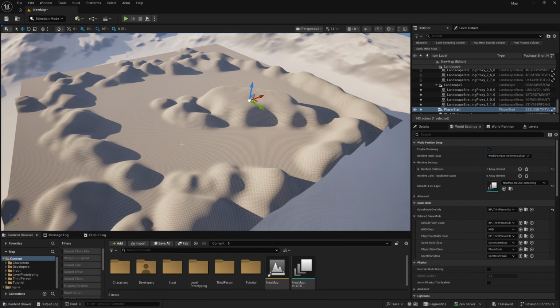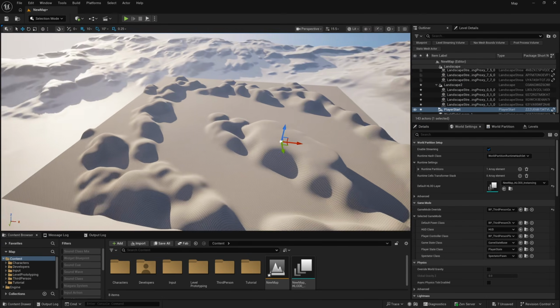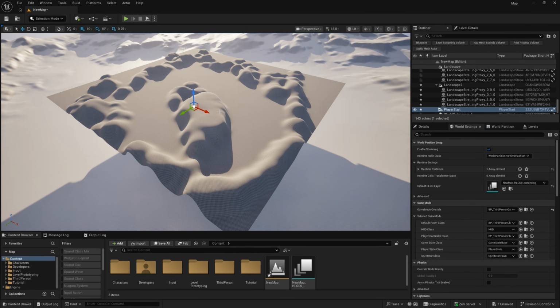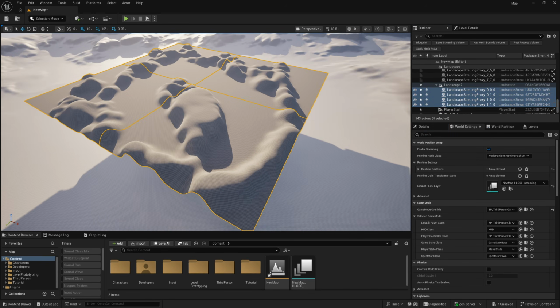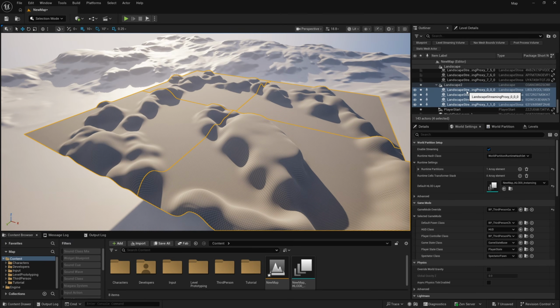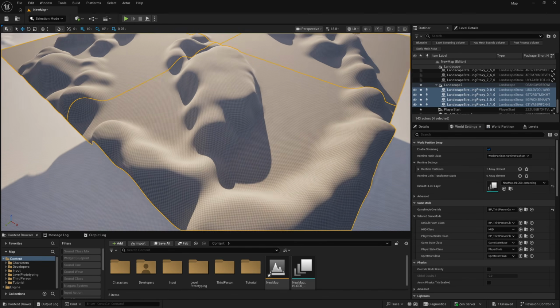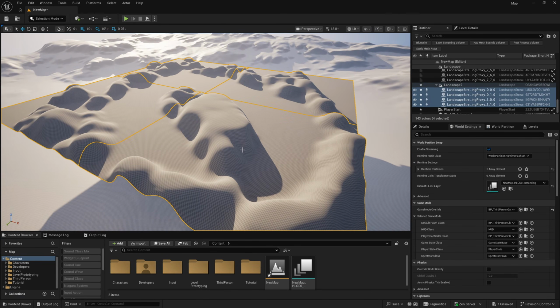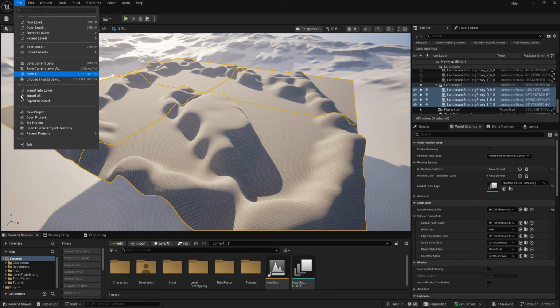Very nice. Let's go ahead and export these landscape components and then re-import them as static meshes for our map blueprint. So what we can do is just select all of the landscape components here. And I'm also going to show you later on how to export these individually and re-import them individually, just in case you make changes to only one section of your map so that you can update those static meshes to reflect those changes. But I'll select all four of these proxies